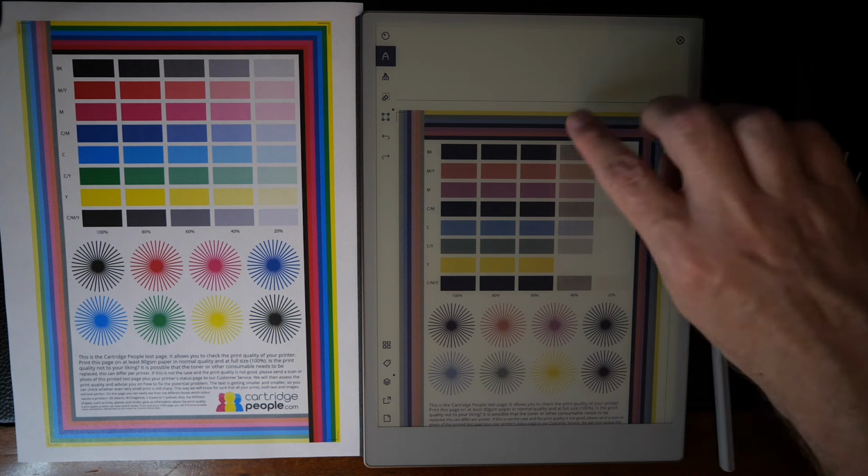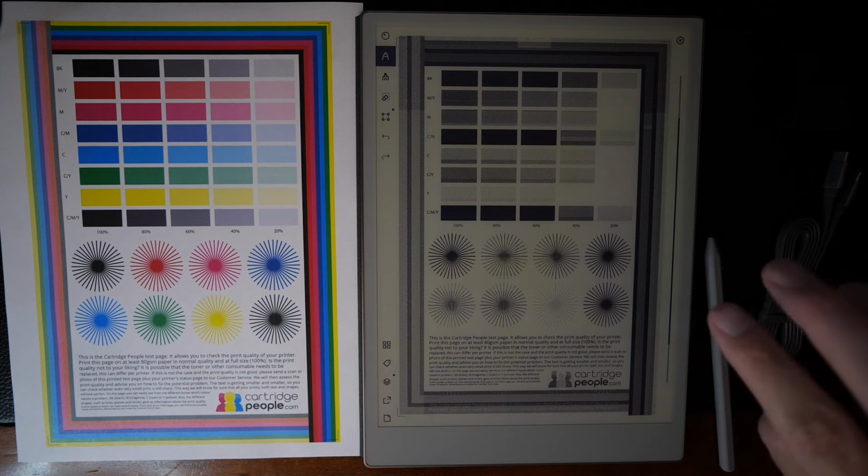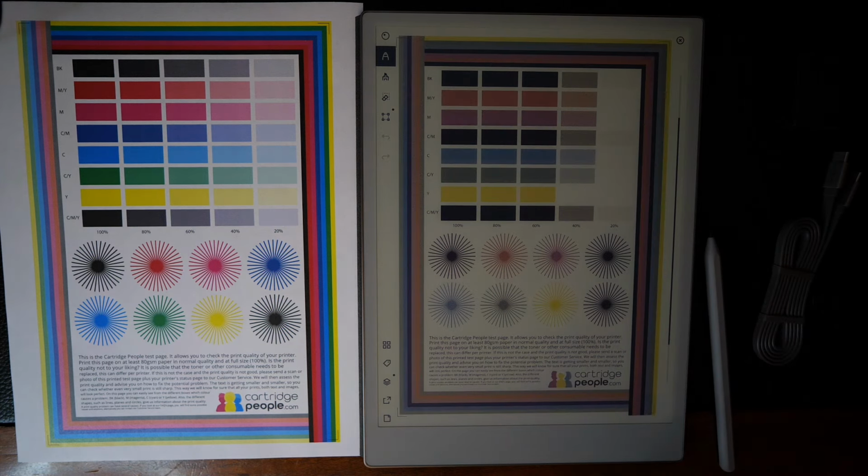Let's recenter that. There we go. Okay. So it helps pop a little bit, but no, there's definitely a huge difference between a white piece of paper and the screen. What's curious about the color...